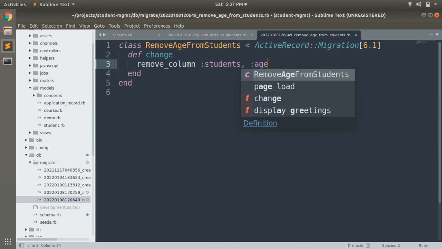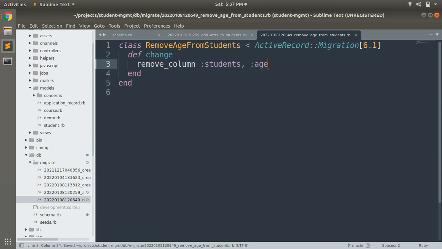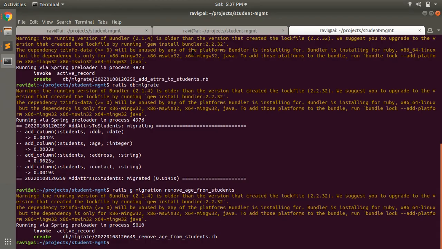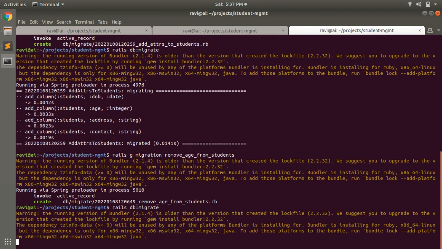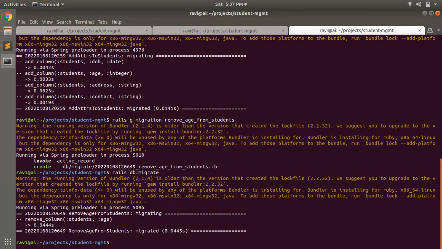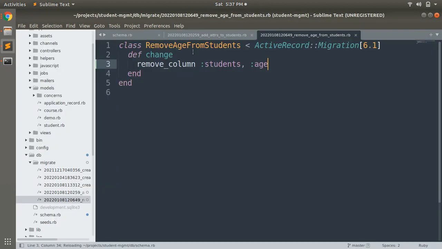Here only two arguments will be enough. Why? Because we are trying to remove this attribute, not add it. If you provide the type here, that's okay. If you do not provide the type here, that is also okay. So now when you run this migration, rails db migrate, it will remove age from the students.